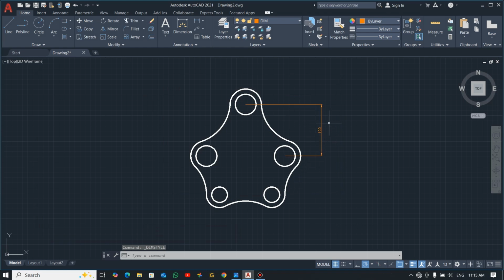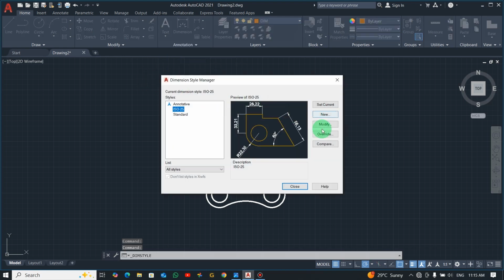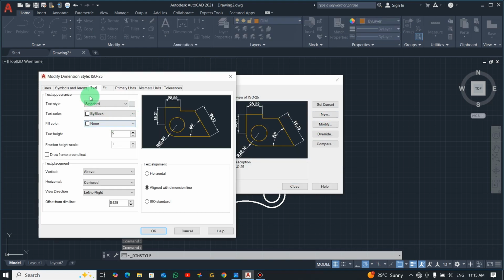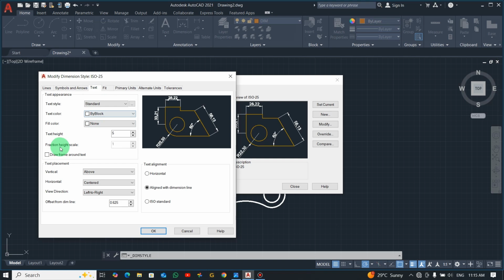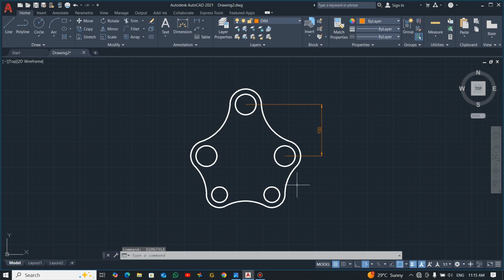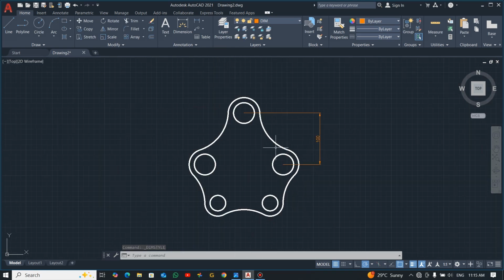Now you see it's a little bit clear. If it's not good for you, you can still make it a little bit bigger by making it either 6 or 7. I want to make mine 6. Let me make it 6. Text also 6. Okay, and see it's a little bit okay. You can make it 7 however you want it, but this is okay for me, so I'll continue with